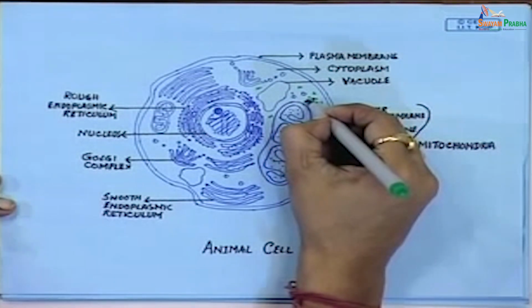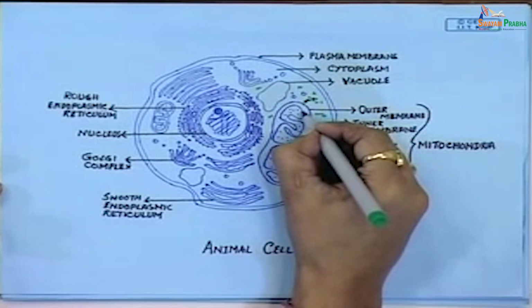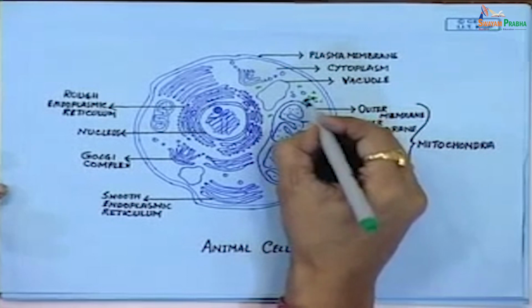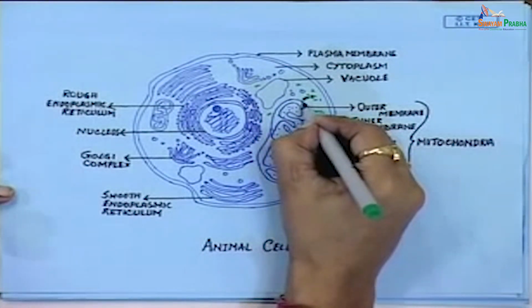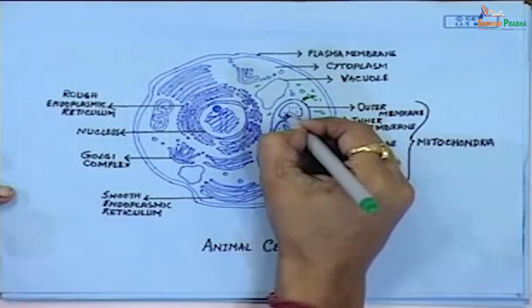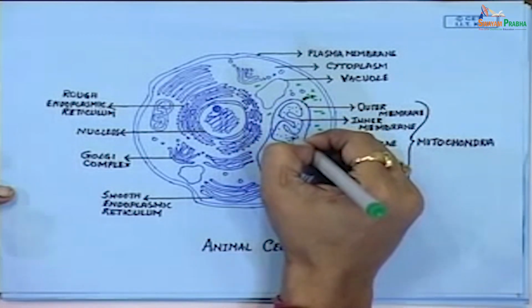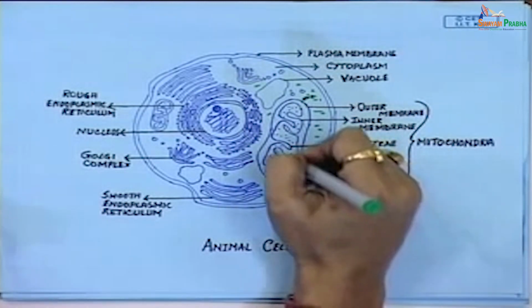Acetyl-CoA is produced and enters this mitochondria. Mitochondria has two layers of membrane, one is the outer layer, another is the inner layer. Now, the outer layer is the protecting layer and the inner layer is folded inside the matrix, and it forms the cristae in the